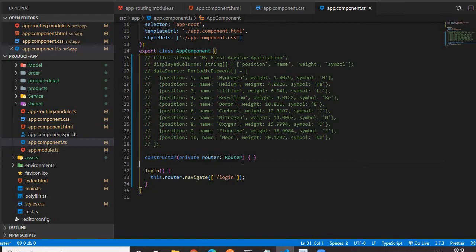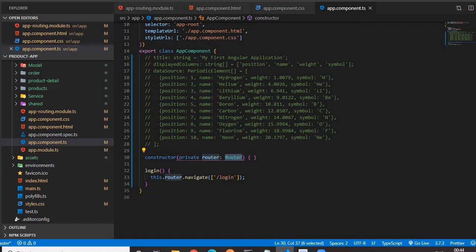If you know Java or .NET technology, there if you want to create an object, you write a variable equal to new, then the class name. Here, instead of using the new keyword, we write within the constructor the modifier private, then any variable name of your choice, colon, then the class name. It will create a router object of the Router class.